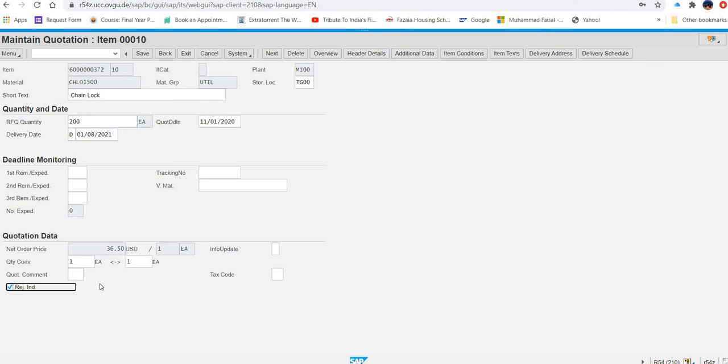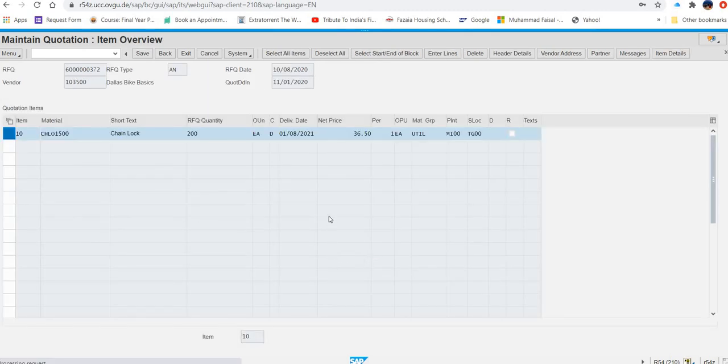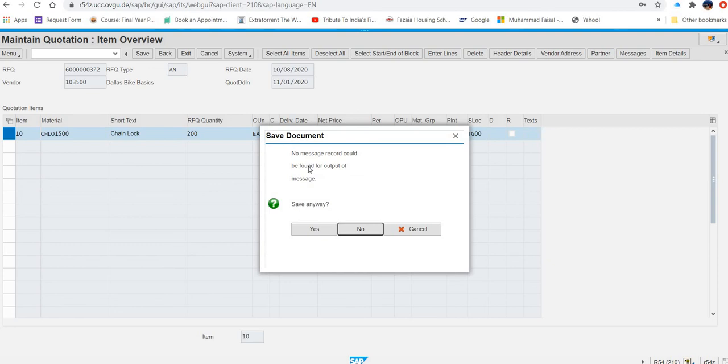You click on reject indicator and then click save. Message, maybe they will ask you. Save anyway. Okay. So press yes.